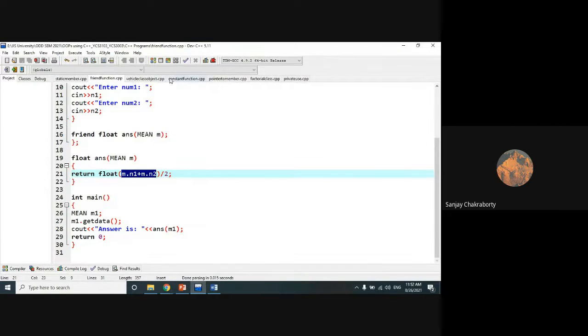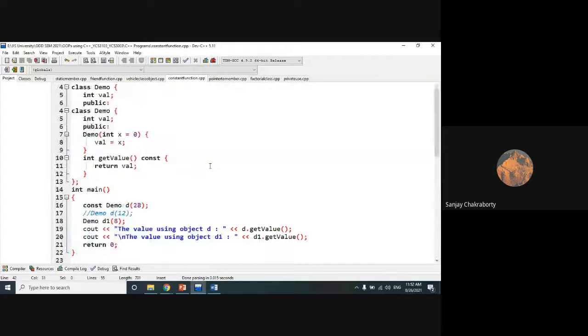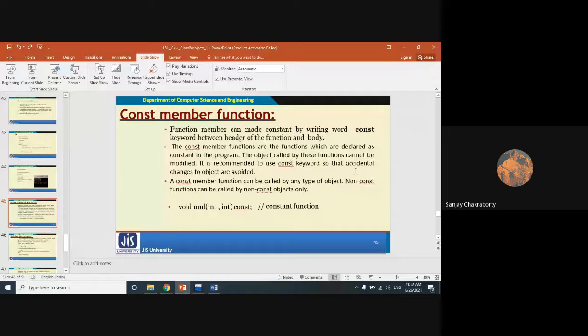The last thing that I need to show is the use of the constant member function. What is the job of the constant member function? This is also new to you. We already know how to use a constant variable, which we have learned in C. The same concept is applicable in C++. I have already shown in my previous program how we can define a constant variable, right? It's similar to C. But how can we define a constant member function? A member function can also be constant.